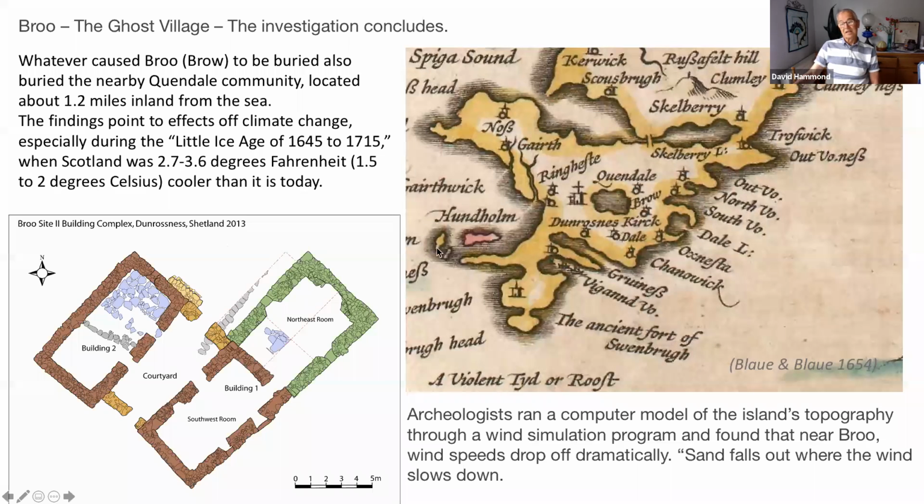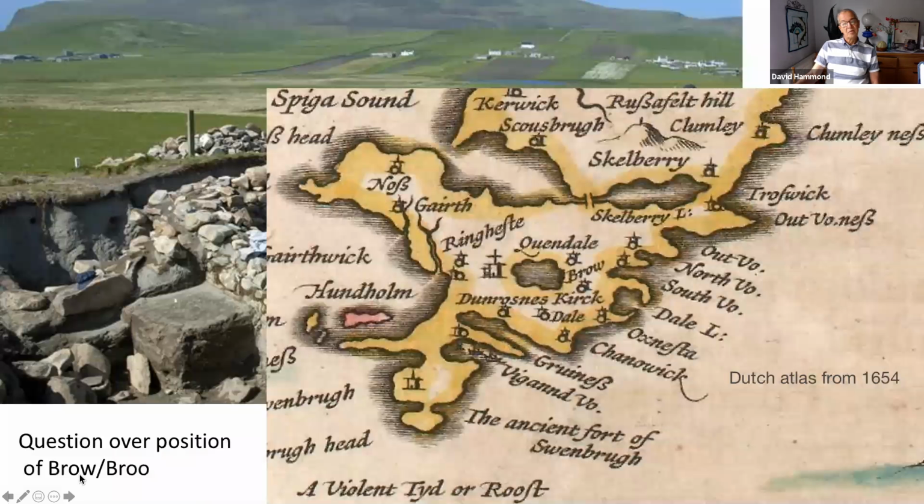And this is the 1654 map, which here shows Brow or Brew and Kendale. But if you actually look at the area where the excavation is, and this was one of the photographs we saw before, this is Kendale Farm and Kendale Mill, which is a museum now, which is well worth a visit. You can see here a lock, and if you look down here where the Brow is shown on this 1654 map,